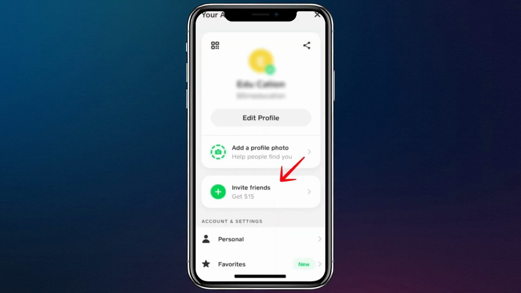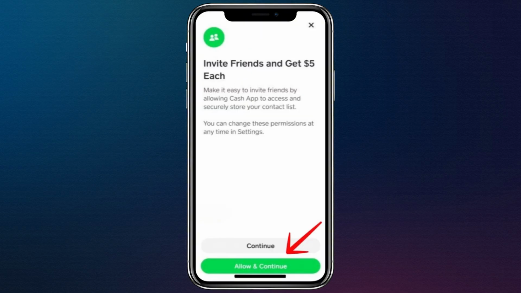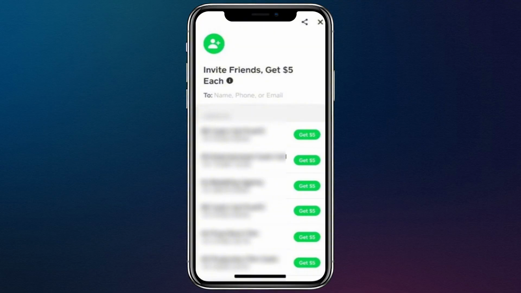This will take you to your personal profile section where you can manage settings and access contacts. Inside your profile, you'll see an option called Invite Friends. Tap on it, and when prompted, click Allow and Continue to give Cash App permission to access your phone contacts. Once permission is granted, your contacts list will appear. This lets you see who is already on Cash App, and you can use it to invite friends or earn